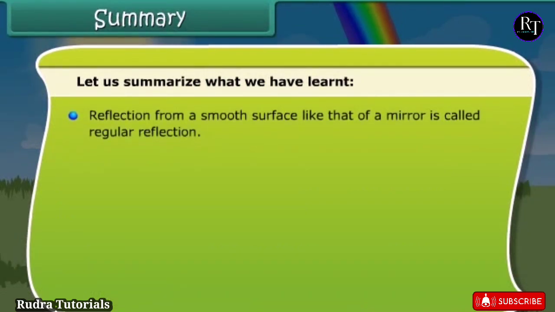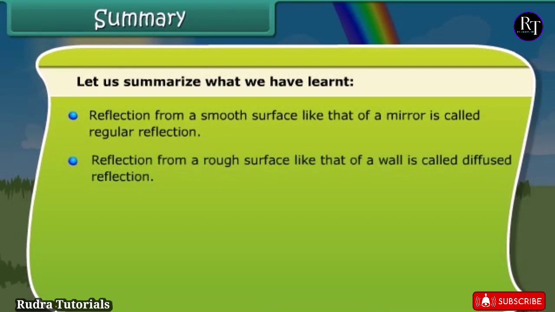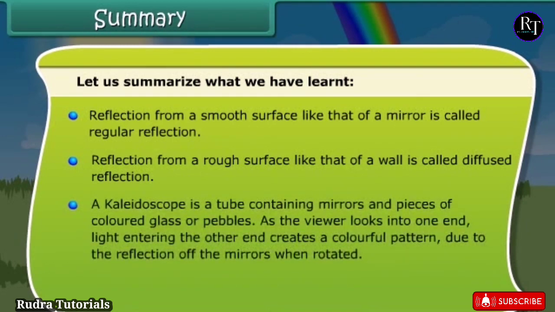Reflection from a smooth surface like that of a mirror is called regular reflection. Reflection from a rough surface like that of a wall is called diffused reflection. A kaleidoscope is a tube containing mirrors and pieces of colored glass or pebbles. As the viewer looks into one end, light entering the other end creates a colorful pattern due to